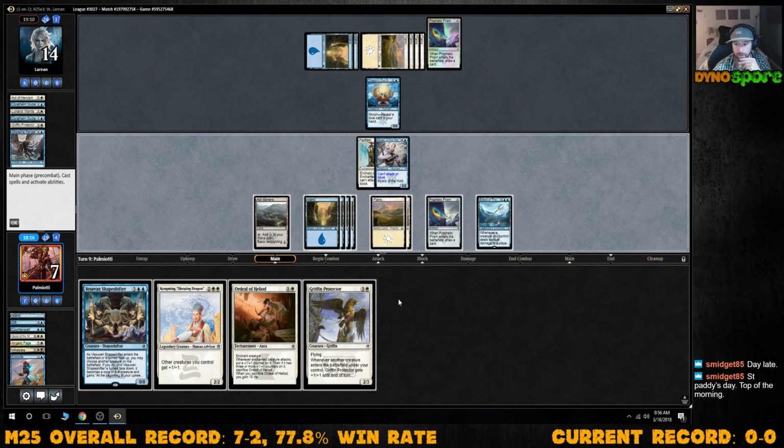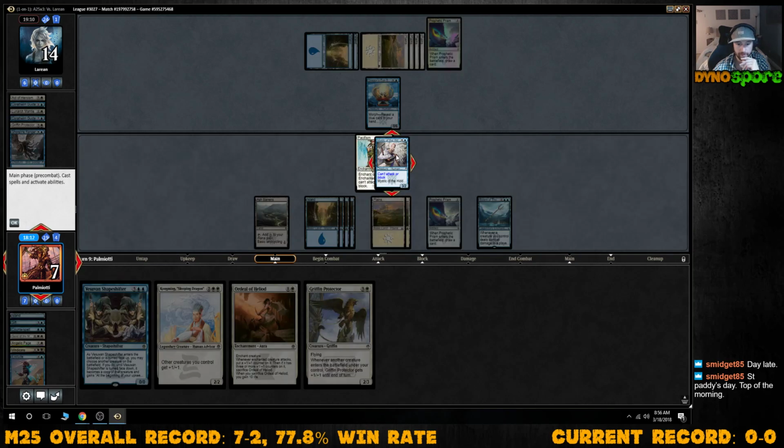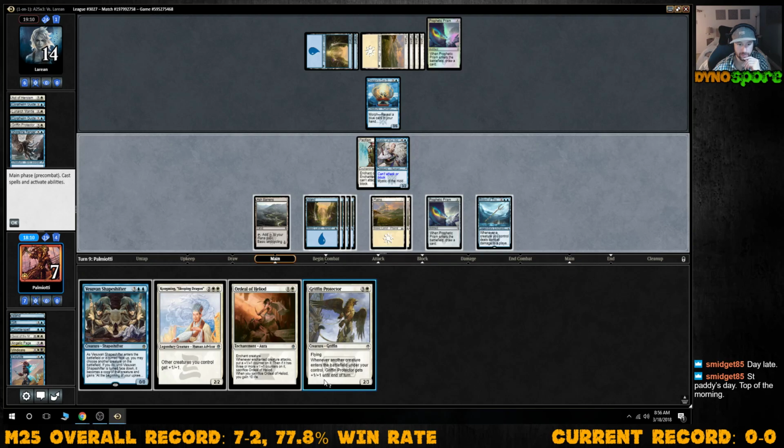Okay, so they have 1 card in hand. I can shapeshift, copy this Mystic. I can drop the Griffin down. It doesn't look like we're going to need to block anything next turn, so I think I'd rather have more attack on board than